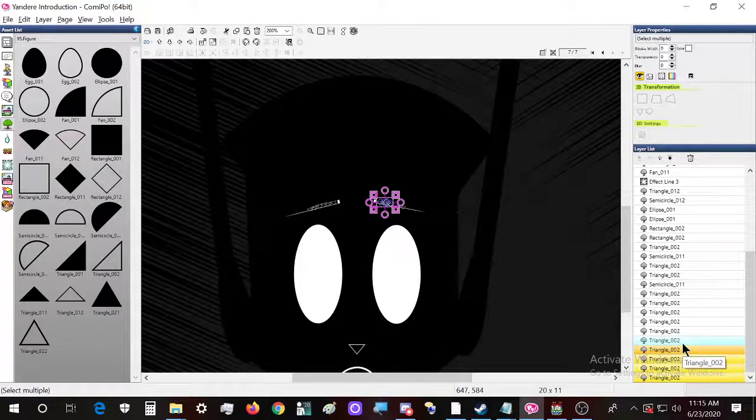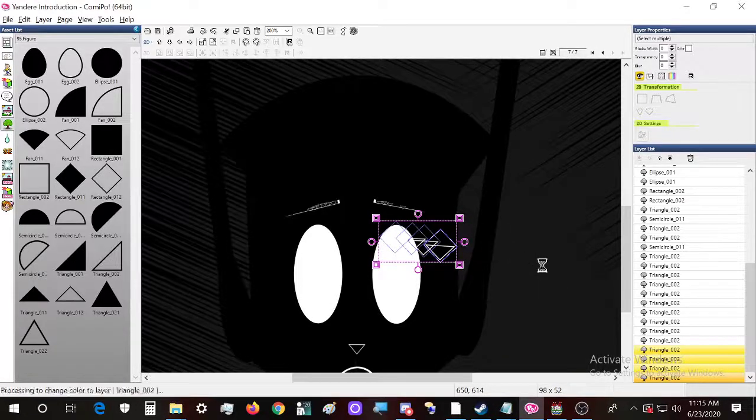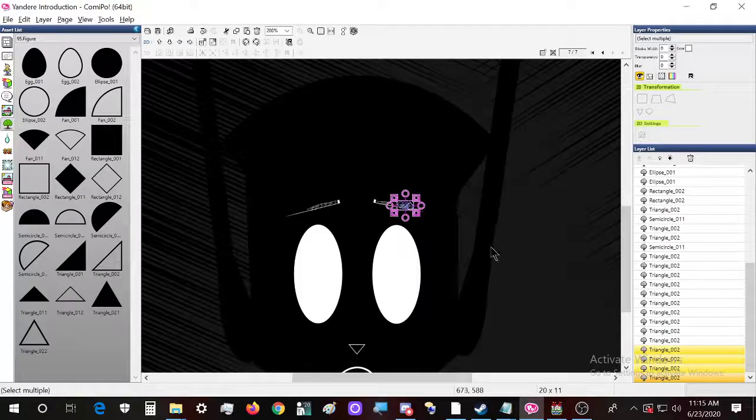So we take these. Actually, let's take just these four. Copy them. Paste them. Wait, if you click them, apparently they become big, which I really don't want.